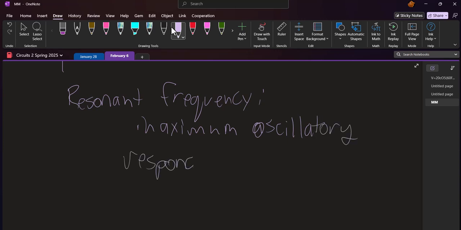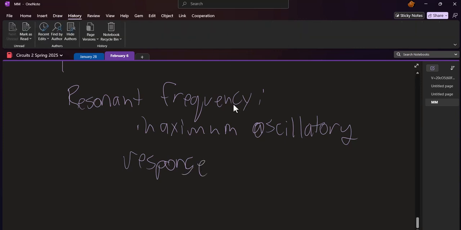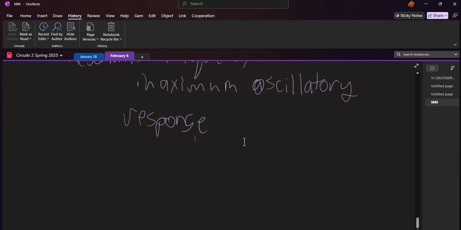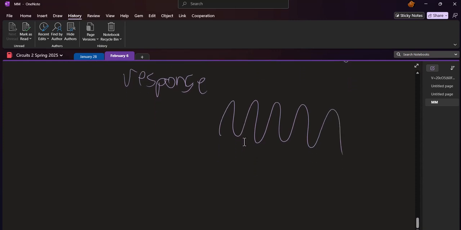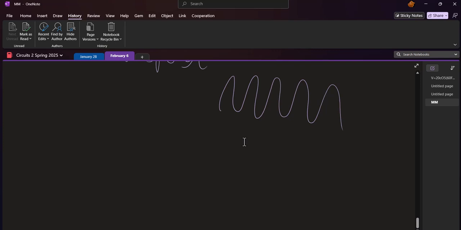Now, do you remember what I said resisted a change in current? Reactance. And what was reactance? Exactly, the imaginary component. If you want maximum oscillatory response, do you want to resist a change in current, or do you want to let current change a lot? Oscillatory, by the way, means going back and forth and back and forth. You want it to change a lot, so you don't want to have reactance. You want reactance